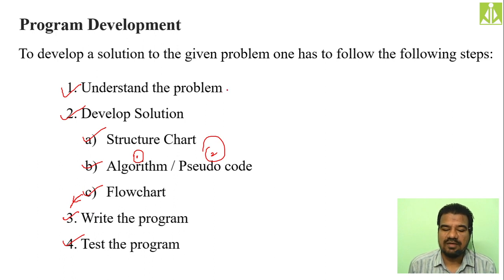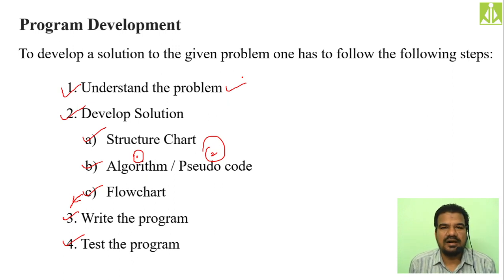So once again, quickly we'll revise. First of all, there is a need to understand the problem thoroughly. Understanding they will do by interacting with different types of stakeholders. Stakeholders are nothing but those who are going to use that product, who are going to use your application. So they will interact with the librarians about what sort of transactions they are performing, then with the students, then with the faculty and management, the principal, with all HODs, likewise.